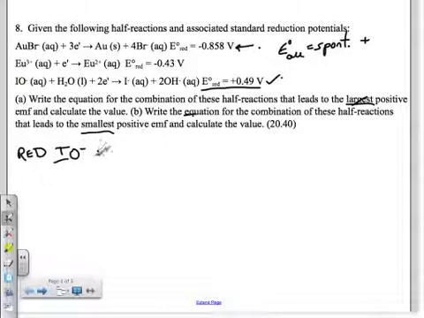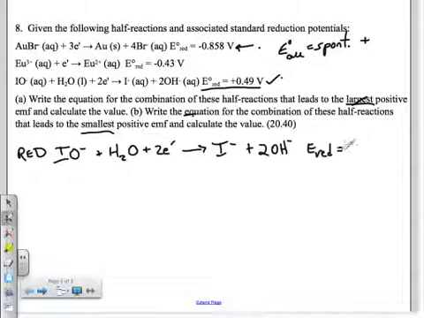Now, as I said in class, one of the nice things about the reduction potential table is if you're having some difficulties still with coming up with those half reactions, they're there. So that's kind of helpful. Okay, so here's our reduction, and the reason why it's the reduction is because it has the highest reduction potential. So that is equal to a positive 0.49. The other substance, the one with the lower reduction potential, will be oxidized. So we're going to flip that half reaction, and it'll be